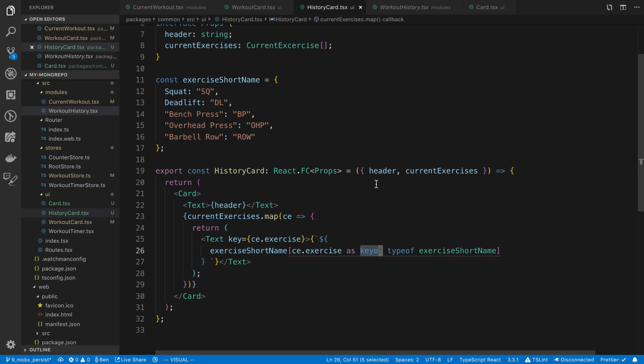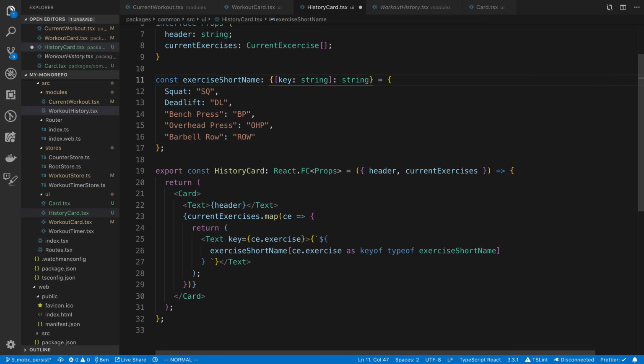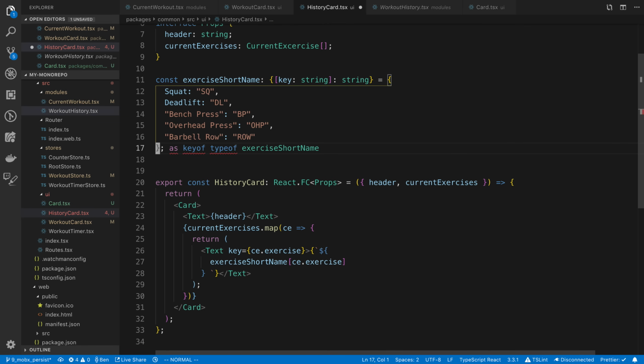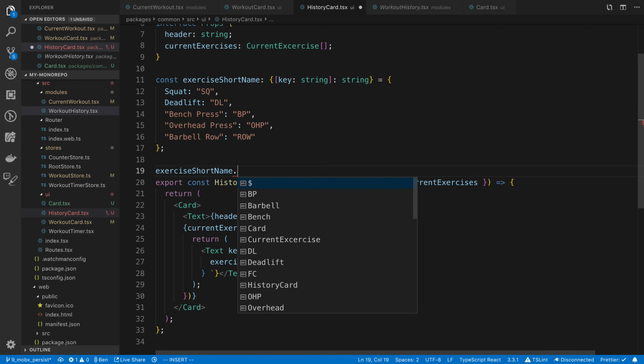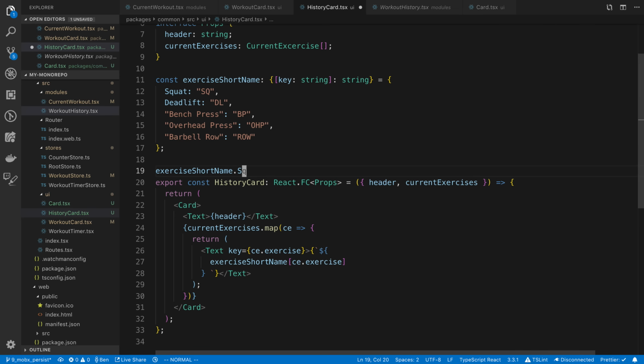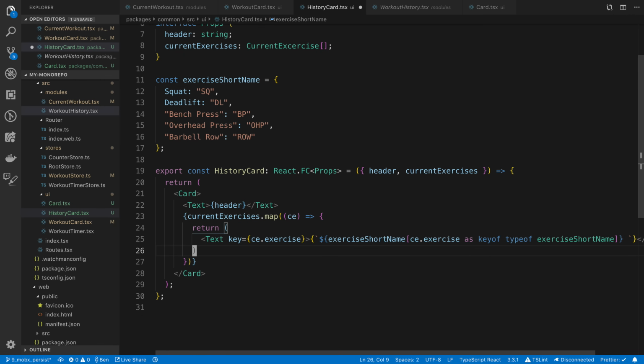grab one of these. Now the other thing I could do is instead I could say this is an object which the key is a string and it maps to a string, and then I wouldn't have to do that. So either one would work, but notice I'm going to lose the auto completion. So if I were to say exercise short name dot, I can't do dot squat. It's not going to know that that exists because I kind of removed that. I'm going to go with this approach because it types it the best,